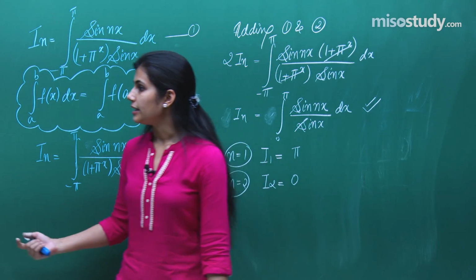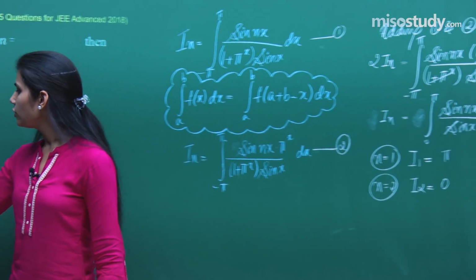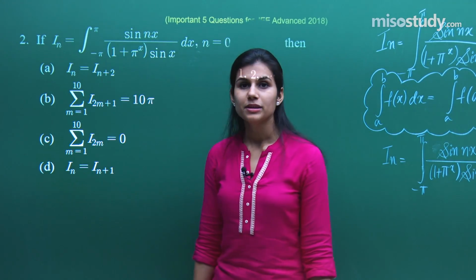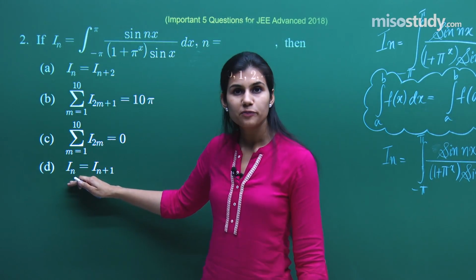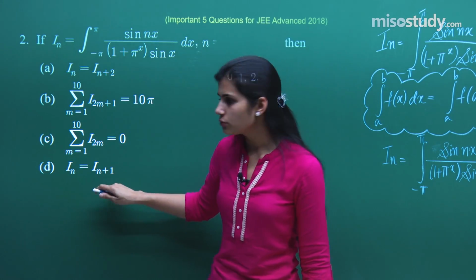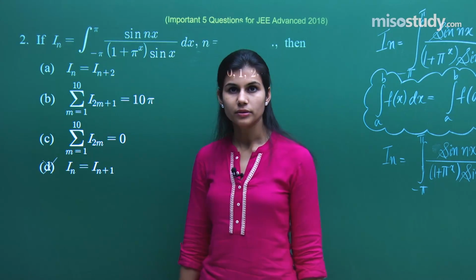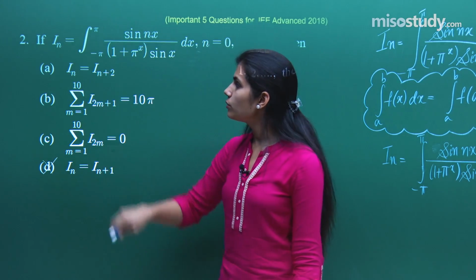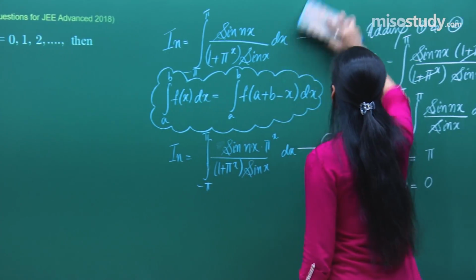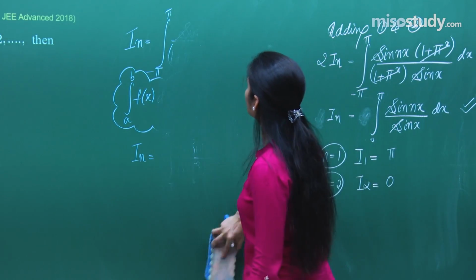Now, the option is saying whether In is equal to In plus 1 or not, and In is equal to In plus 2 or not. If the fourth option would have been correct, I1 would have been equal to I2, but I1 is not equal to I2. That's wrong. We just need to check if In is equal to In plus 2 or not. So, talking about In equals In plus 2 or not,